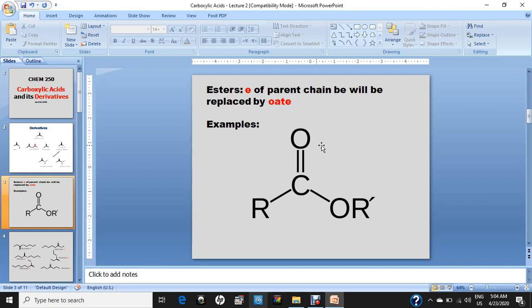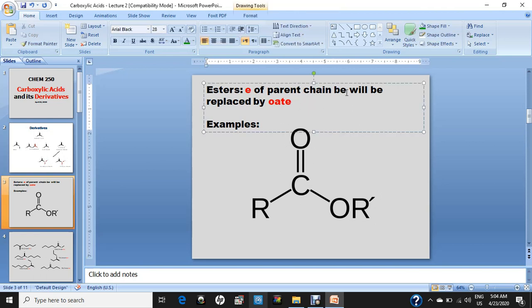Ester. This is the general form of ester. So R and R dash may be the same, or may be different. The point here is the E of the parent chain. Do you know what the parent chain is? This ester is a derivative of what? Carboxylic acid. So the parent chain is basically carboxylic acid. It has been obtained from carboxylic acid, R C double bond O OH. This H has been replaced by R dash. That is why the E of the parent chain will be